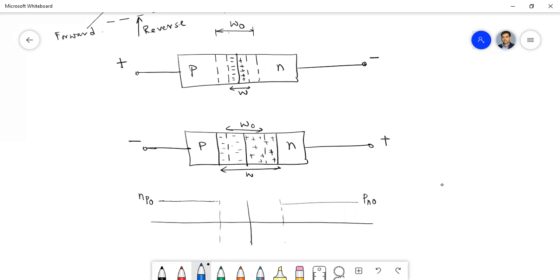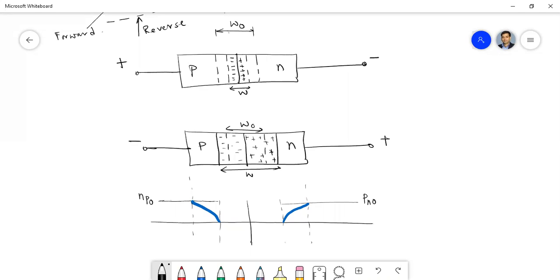Let me draw it within this length. This is how it changes. It changes exponentially. So we can say this is the gradient in the minority carrier in